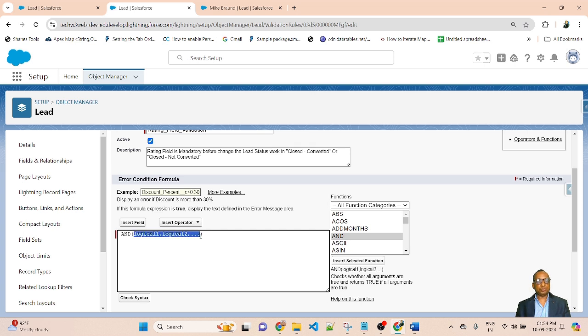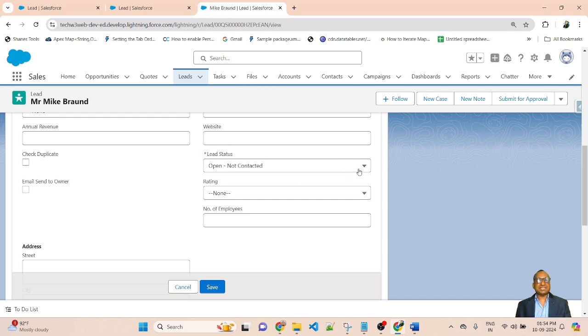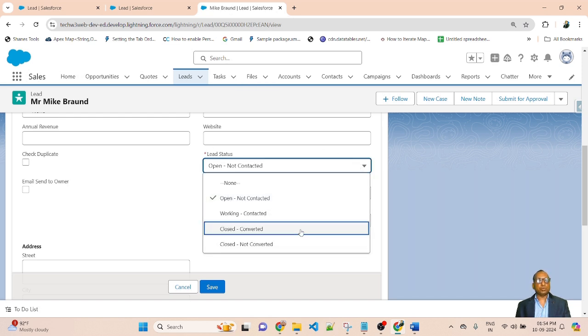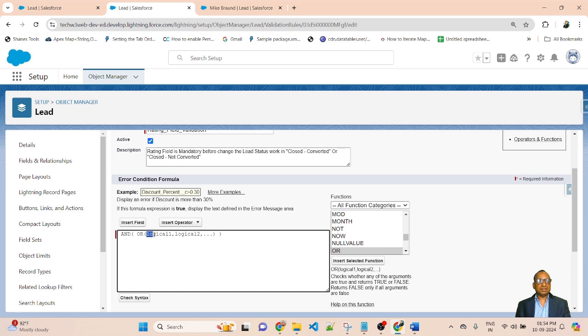Inside the validation rule, I will use an OR condition. Here I am selecting OR because in the lead status I will check both of the values, close converted and close not converted. So if one of the values is selected from the lead status, we will check the rating field before saving the record. So here I am using OR,